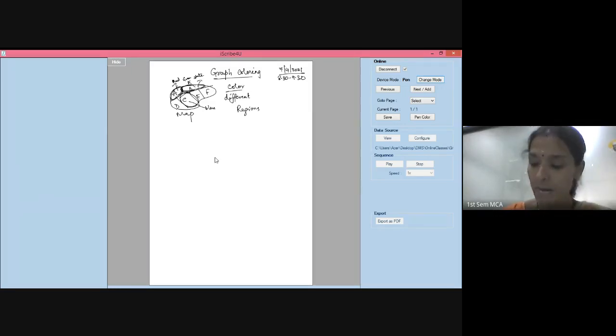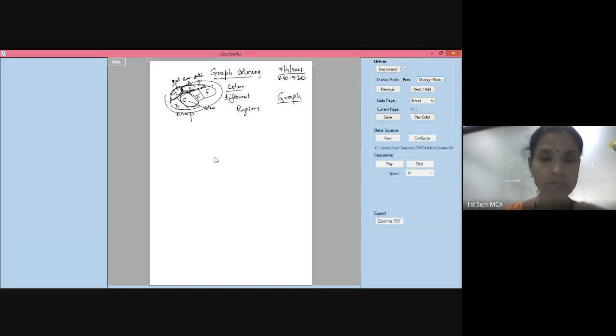Now, this is a map in the plane. This map, I can represent using a graph. How do I represent this? Map has different regions. A is a region, B is a region, D is a region, C, E, F all are different regions. Now this map, I can represent using a graph. How do I do this?